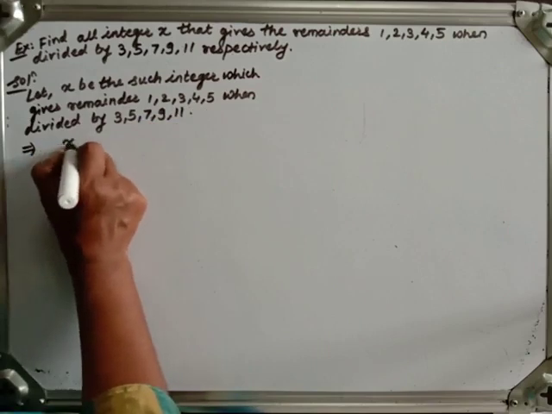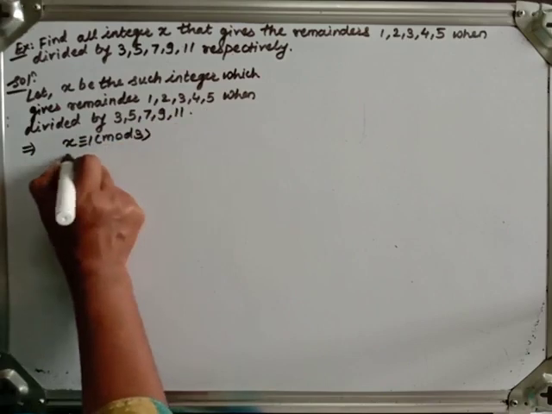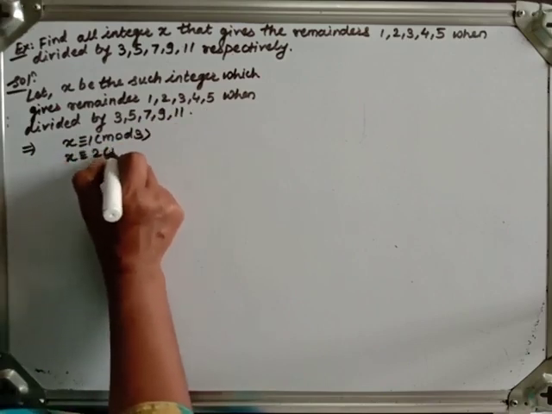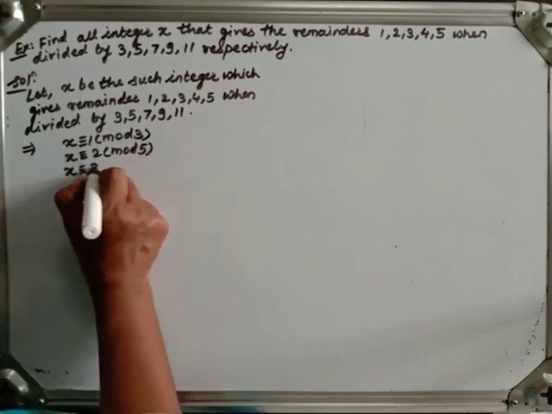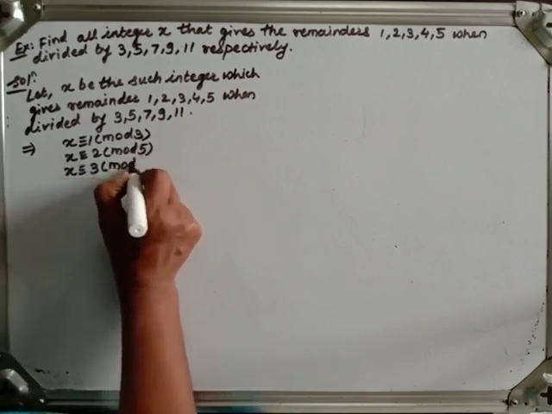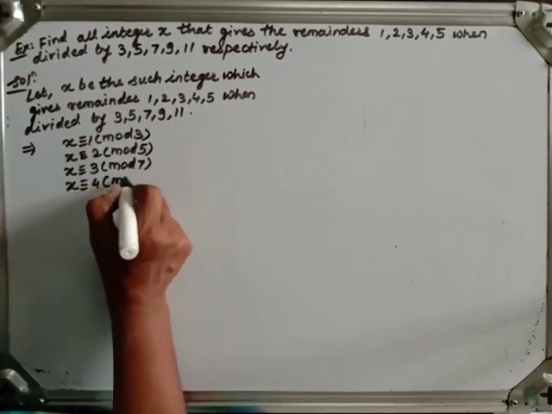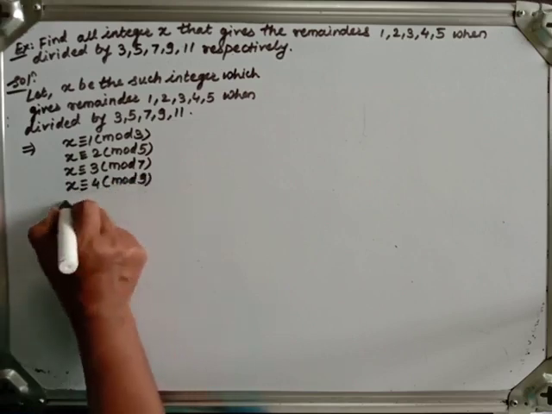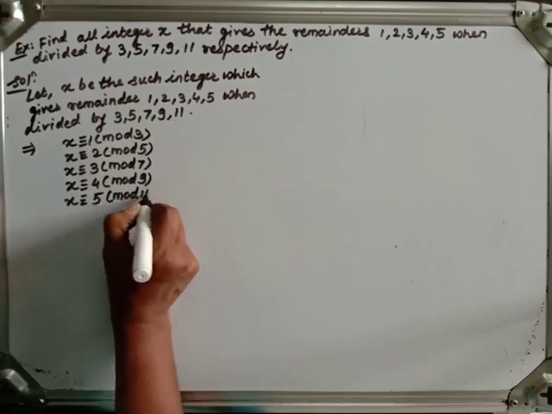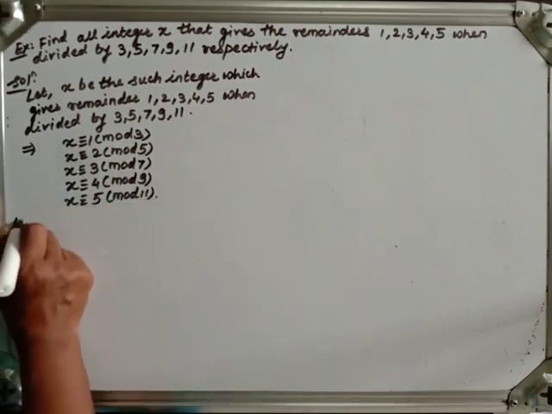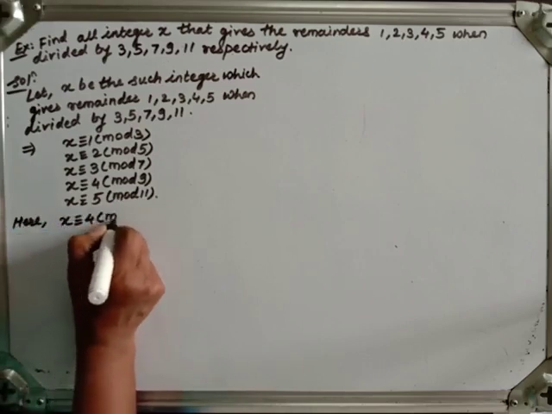That is, x congruent to 1 modulo 3, x congruent to 2 modulo 5, x congruent to 3 modulo 7, x congruent to 4 modulo 9 and x congruent to 5 modulo 11. Here x congruent to 4 modulo 9